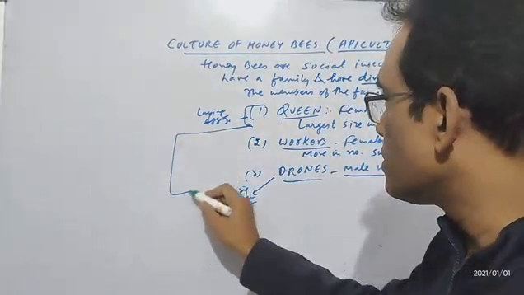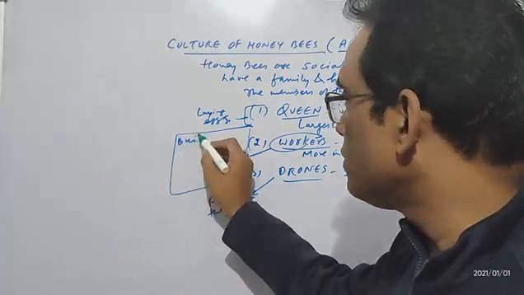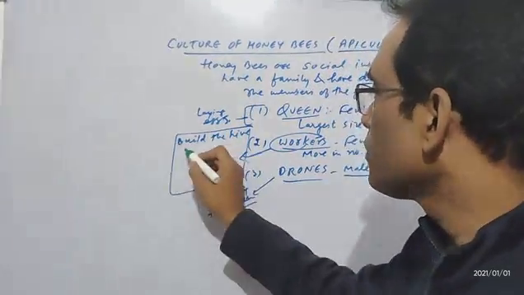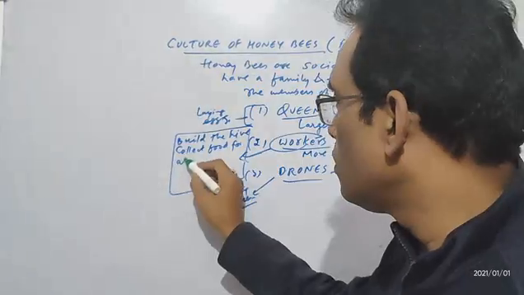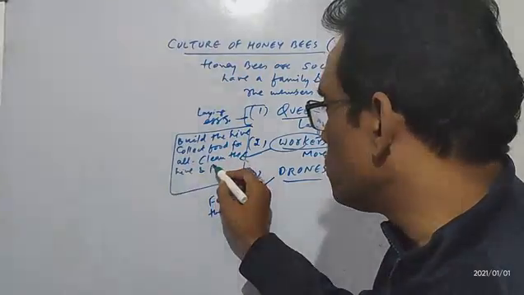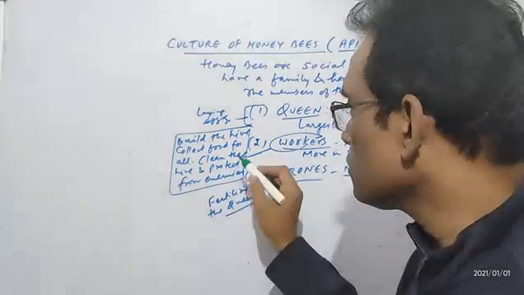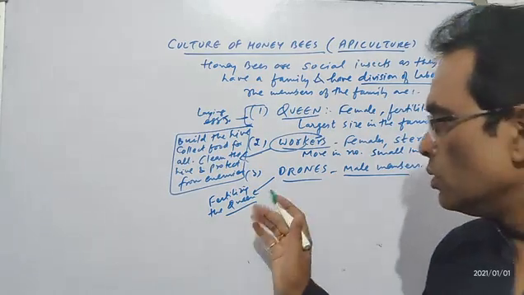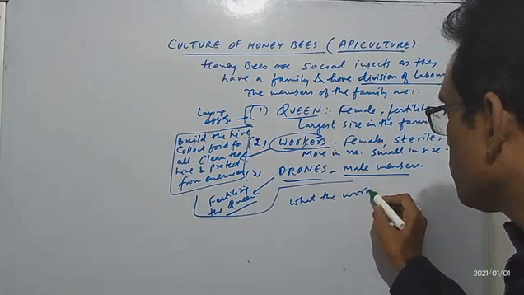The job of the workers. This is the job only of worker, mind you. They build the hive. जिसको आप मधुमक्खी का छाता बोलते हो, वो पूरा बनाता है. They collect food for all. They clean the hive and also protect the hive from enemies. So that is why their name is worker. Their name is worker. What they do, God says something for us. What the workers do.